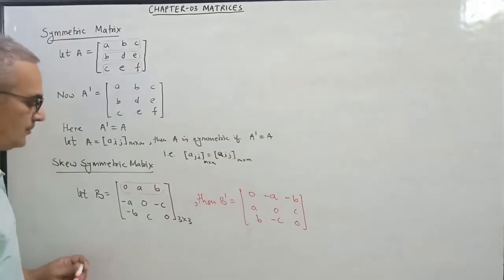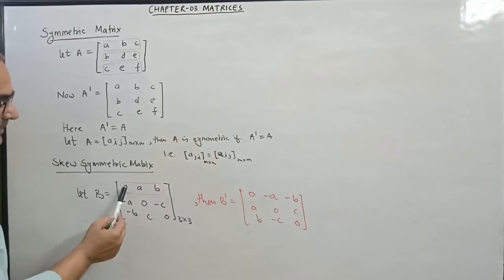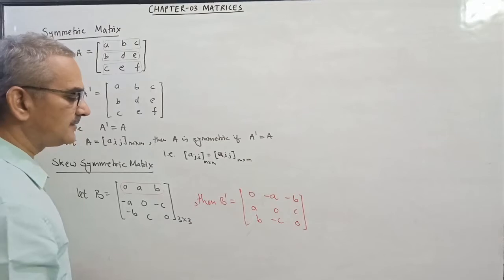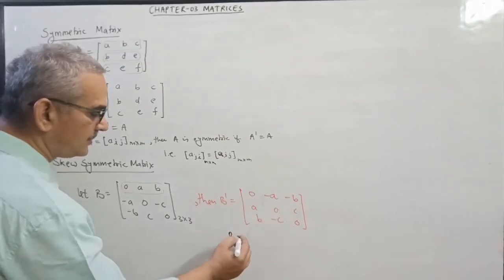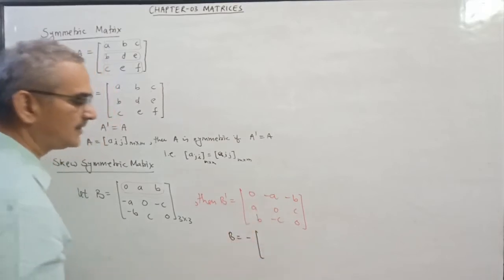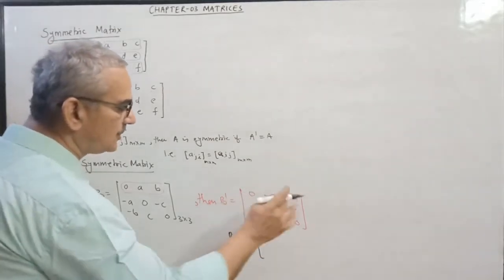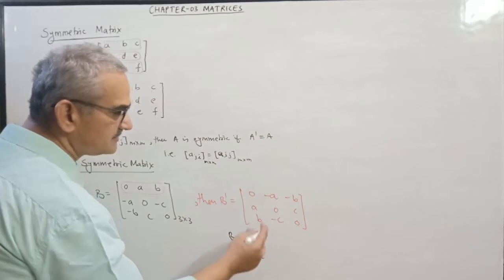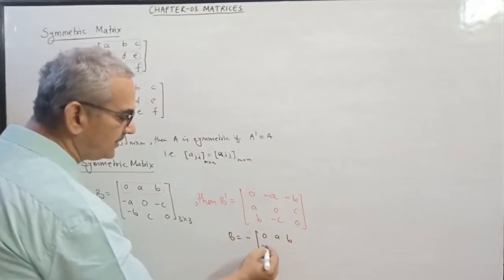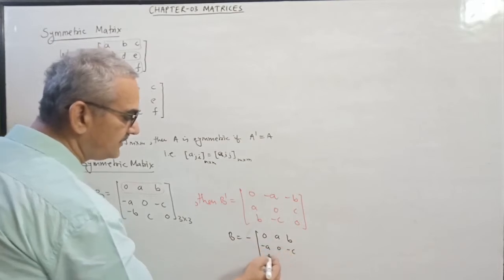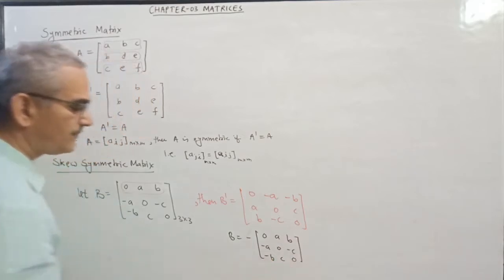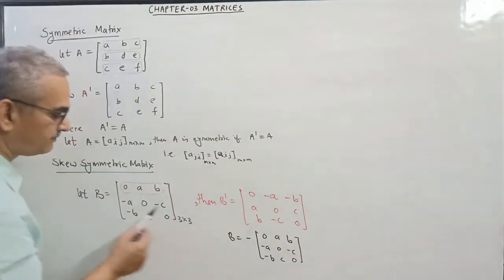So you are seeing here that here we have 0, A, B and here we have 0, minus A, minus B. So let's multiply this by a minus sign. Or we are taking minus common from this, meaning it is the same. So we are multiplying all the elements of this with a minus sign, or we are taking minus common from each. So what will happen? 0, A, B, minus A, 0, minus C, minus B, C, and this is 0. Now what is happening? You are seeing that these are the same.